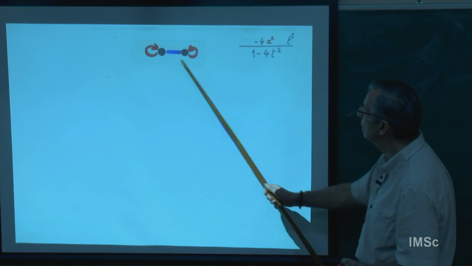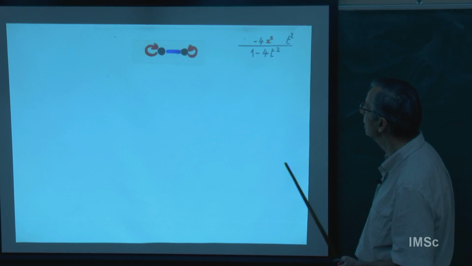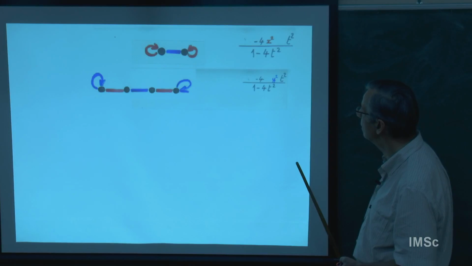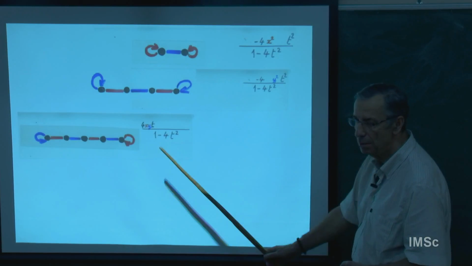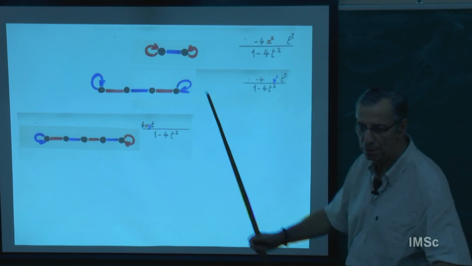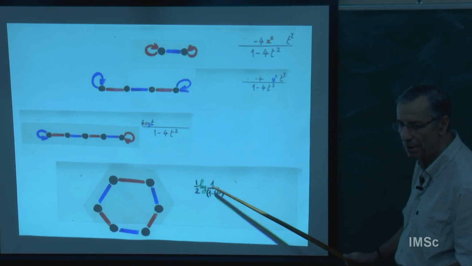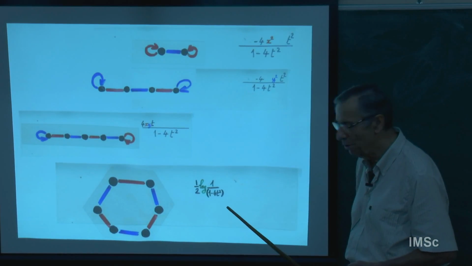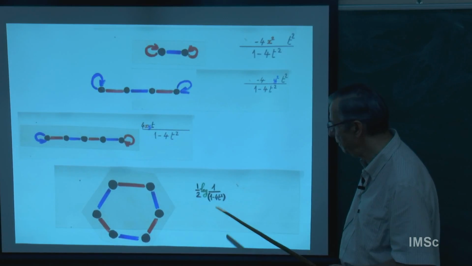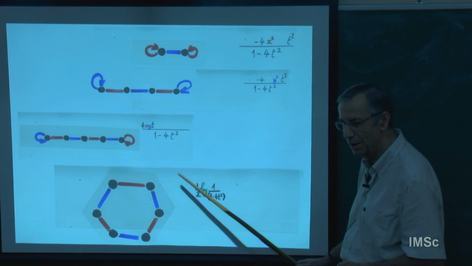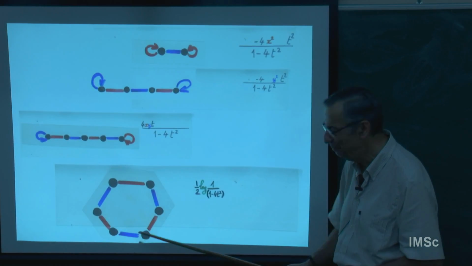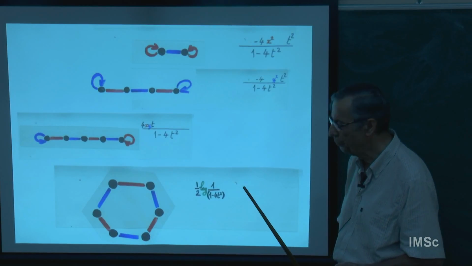So this is an alternating chain with 2 red at the end. An alternating chain with 2 blue at the end. So each of these terms you can easily interpret as an alternating chain, with 3 possible types depending on the ends at the extremes. And this term is a logarithm of 1 over. There is a t squared because it's even, and there is a 4 because of the modified Hermite. If I take only this, I get oriented cycles, but making 1 over 2 means non-oriented cycles. So this is a cycle with no orientation.